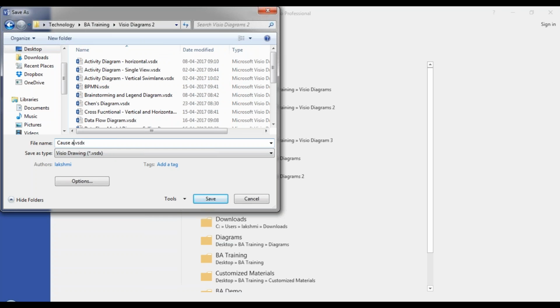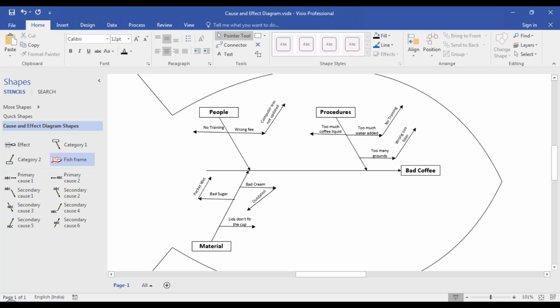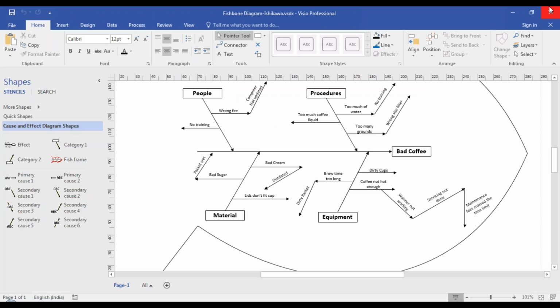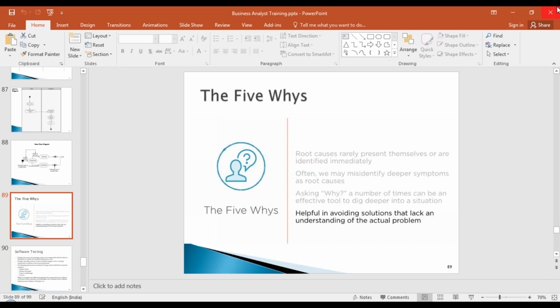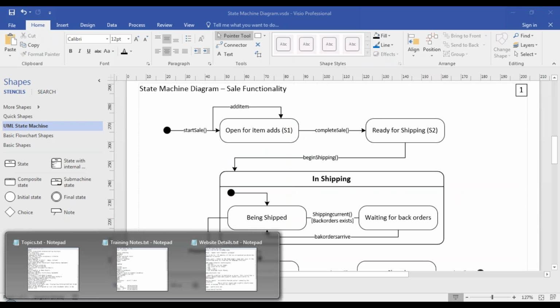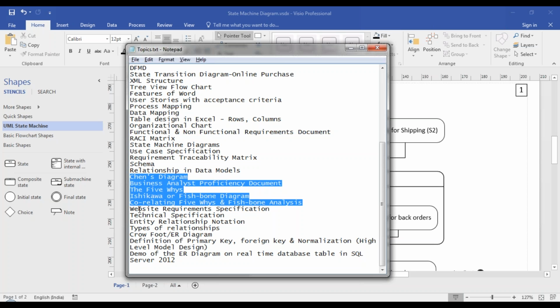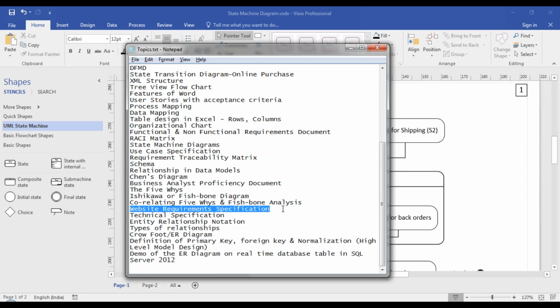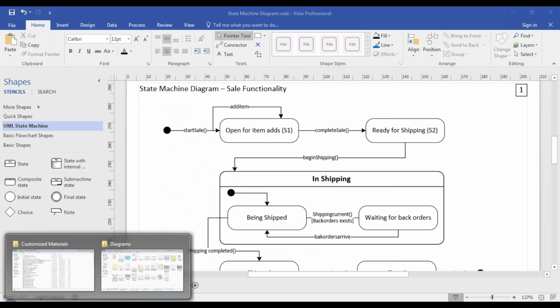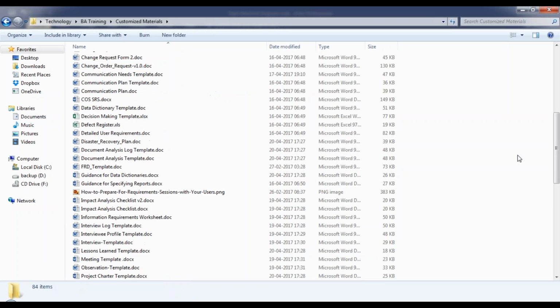I'll name it as a cause and effect diagram. Done. So we are done with 5i and fishbone diagram with analysis, what it actually means. So this is all completed. Next we have to get into website requirement specification. When you are creating a website, how do you create a specification for a website development? We will quickly finish that and we will get back to,